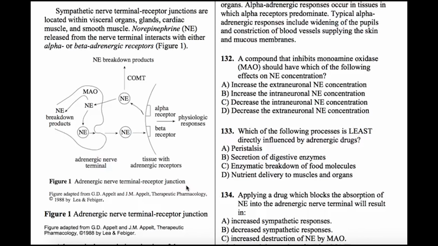Those calcium ions will bind to receptors, which will allow the vesicles to fuse with the membrane of the synaptic cleft, and then they will exocytose their materials out into the synaptic cleft, and then the neurotransmitter will do its thing. It'll bind to receptors, and then you need a mechanism to get rid of that neurotransmitter. That's where you have reuptake, which is occurring right here.